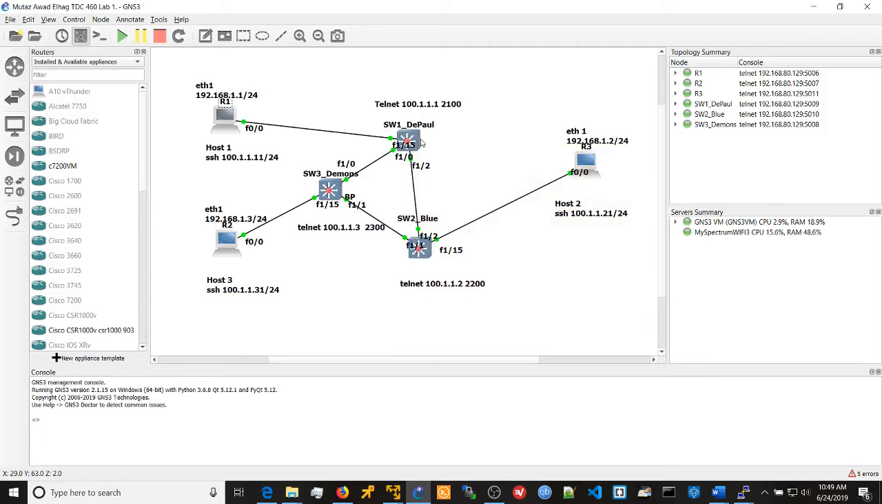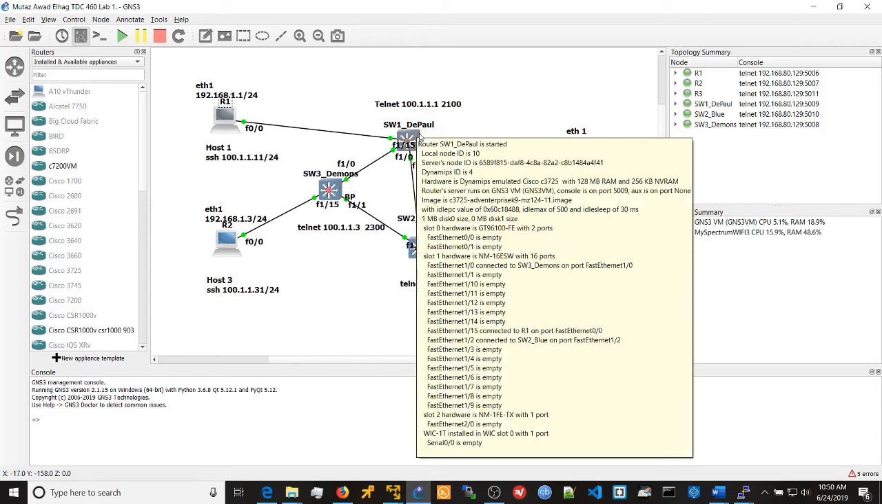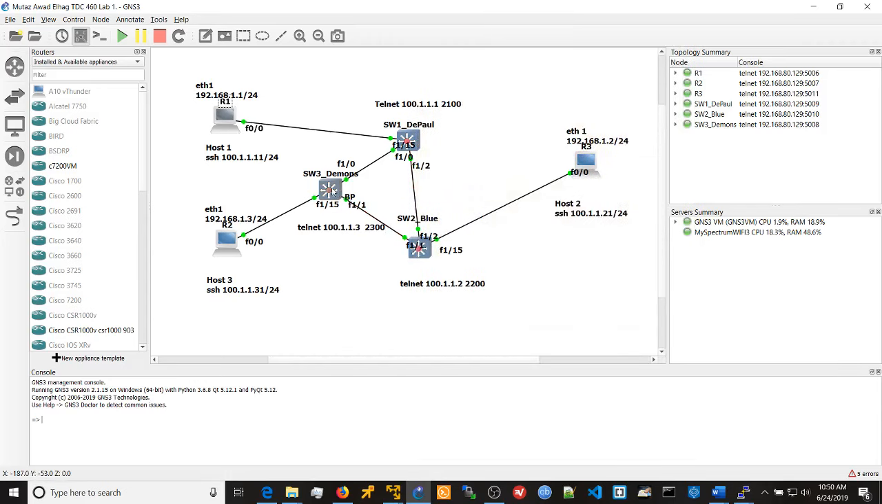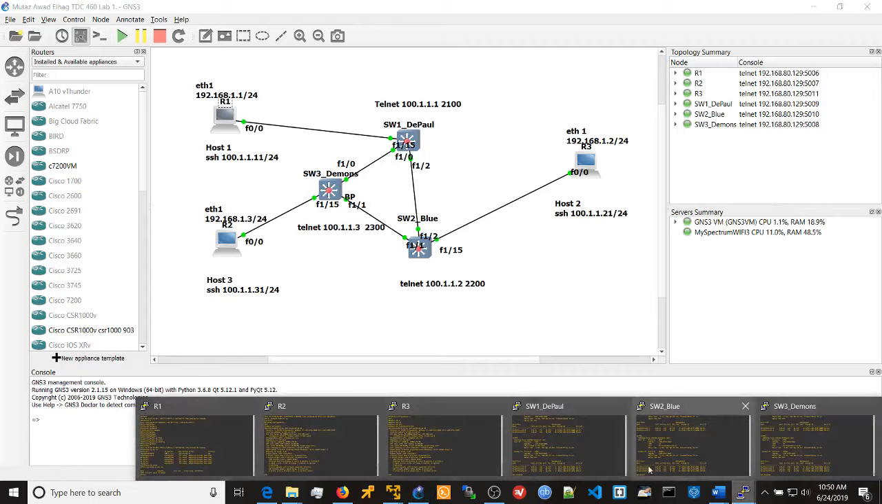Switch 1 is the root as the lab dictated, and switch 2 is the secondary root. Switch 1 is the primary. Switch 2 is the secondary. So switch 3 is blocking Fast Ethernet 1/0. Let's see how long it's going to take to converge. So I'm going to shut down the interface of switch 1 toward Fast Ethernet 1/0 of switch 3. So let's go to switch 1,